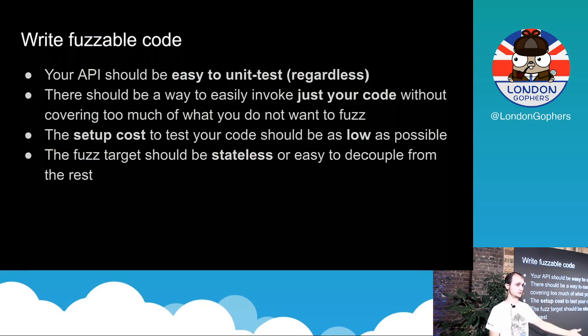Think about a web server. You don't want to spin up the entire HTTP server to just send some random text, see, oh, this is not a valid HTTP request, let's spin it, let's shut it down. That is going to take ages. You just want to take, for example, the request parser and throw the text at it. You don't bring up sockets, you don't do syscalls, you just run the data through your code.